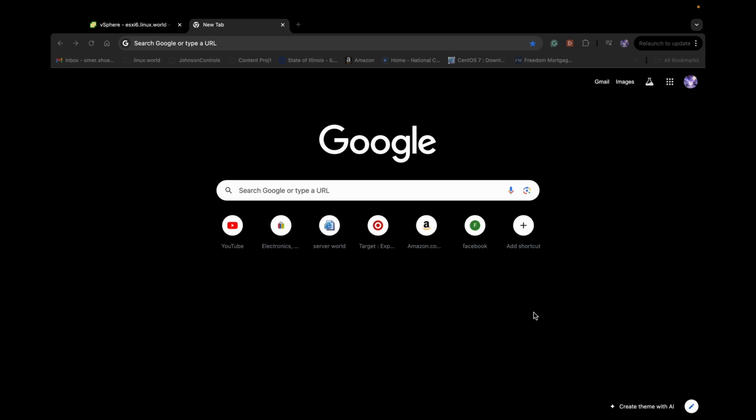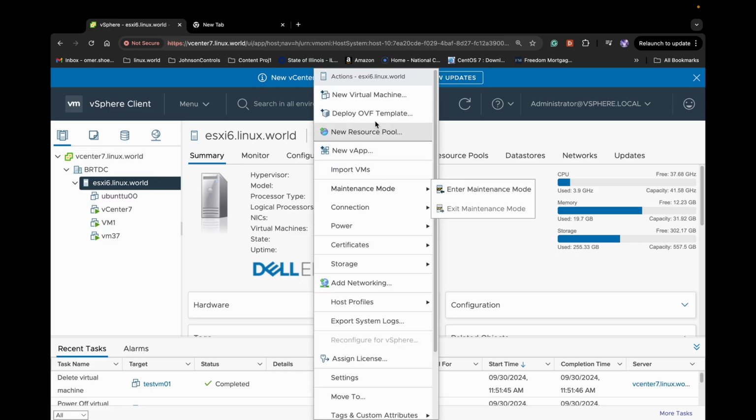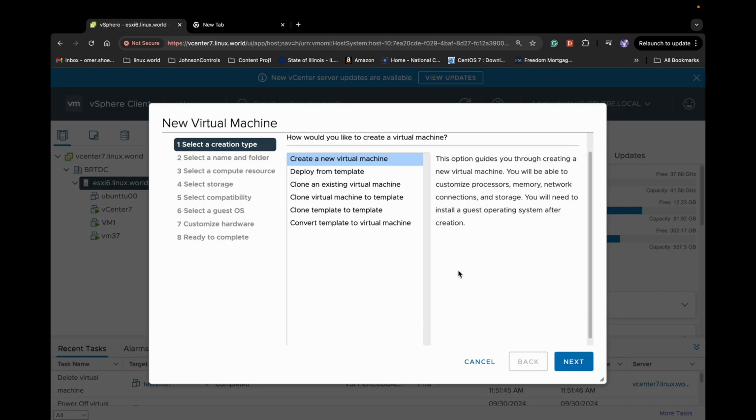Today we're going to be looking at how to install Red Hat Linux 9 on a virtual machine in my home lab here. So let's get started. First thing, we're going to create a virtual machine inside my host here, which is a Dell EMC server. Click on Actions, New Virtual Machine, create a virtual machine,